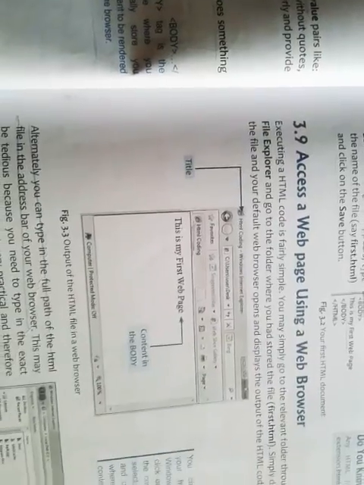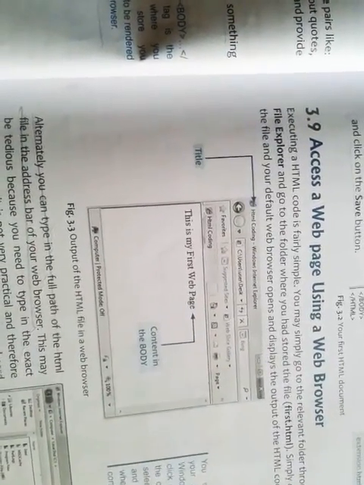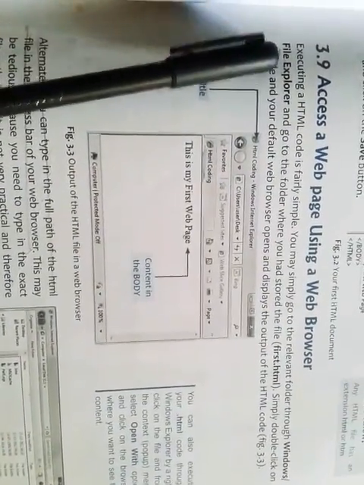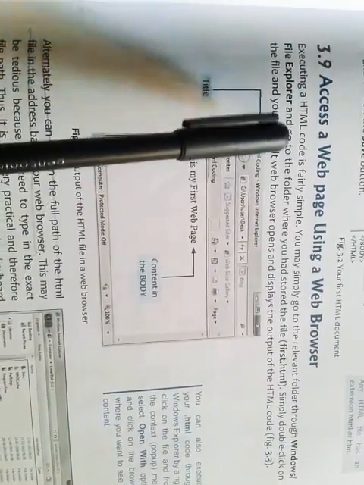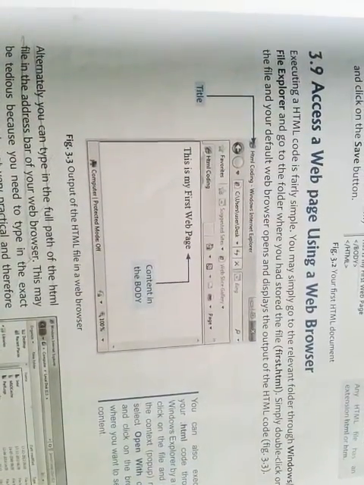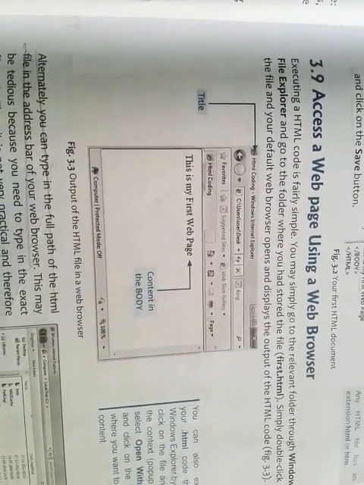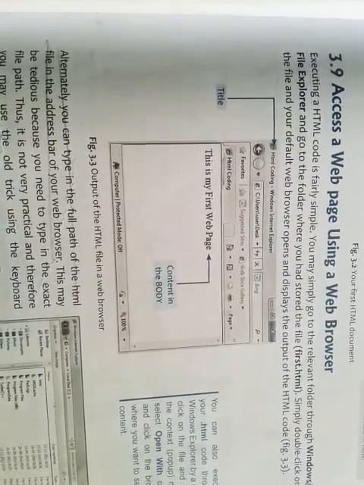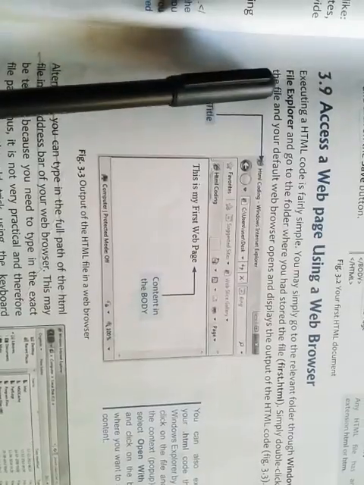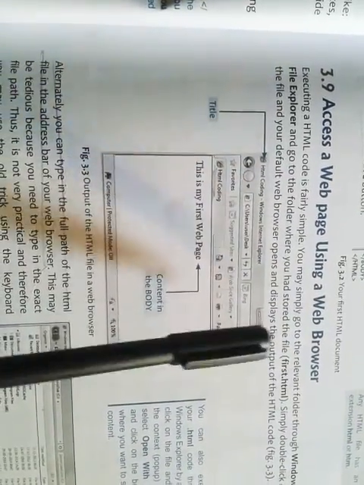It means how to access, how to use that web page, how to run that web page. So there are three ways to run it. First of all, we go to File Explorer. You can go with File Explorer, or by the Windows button, or Control plus R also. You can go anywhere. When you go to File Explorer,